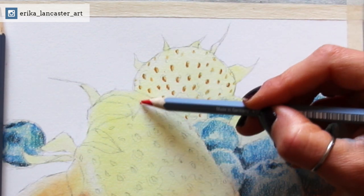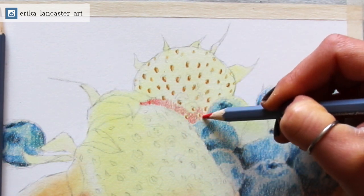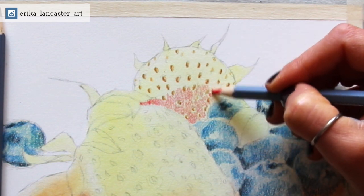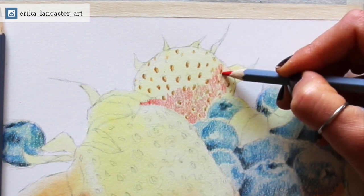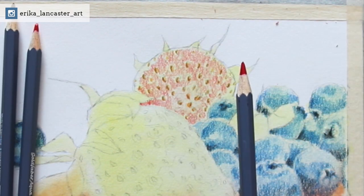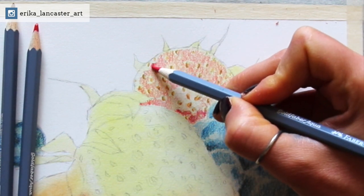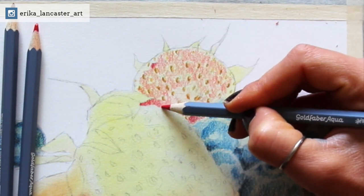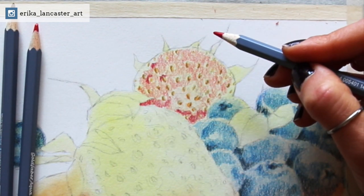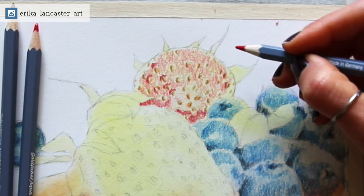If we randomly pick colors throughout the painting process without having thought out or planned the specific color scheme or group of colors that we're going to be using for a piece, we not only run the risk of creating muddy colors or undesired colors, but also at the end, things are not going to look very integrated. And so by taking time to plan, to pre-select your colors and make sure that the colors work well together, there is much more of a chance that you're going to end up with something that looks cohesive and harmonious